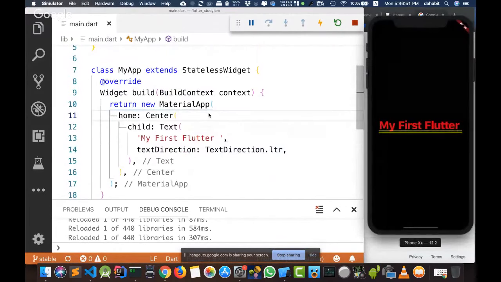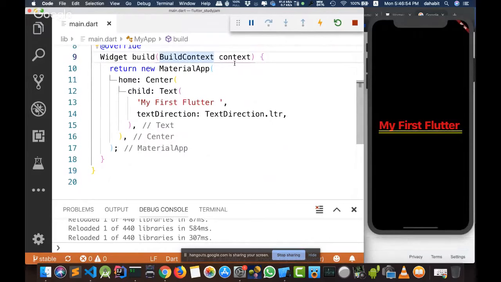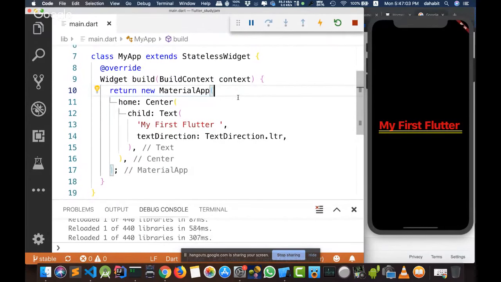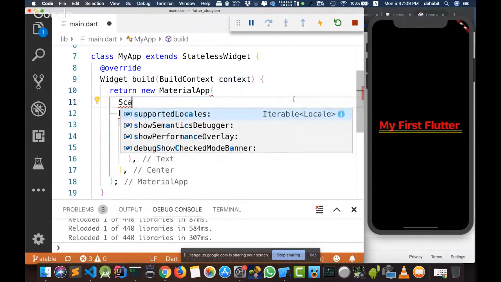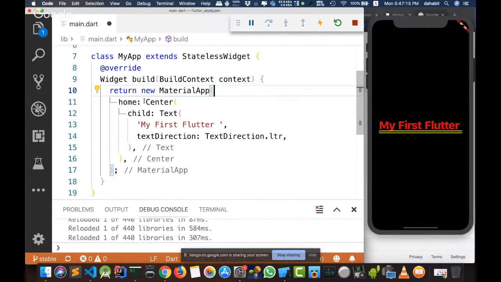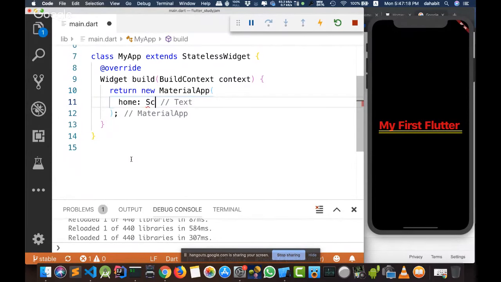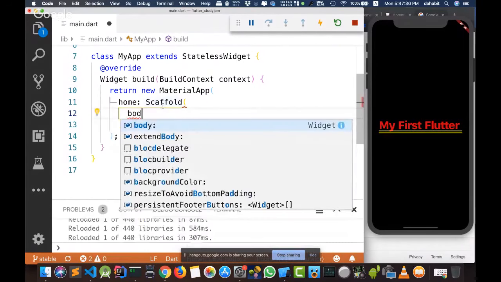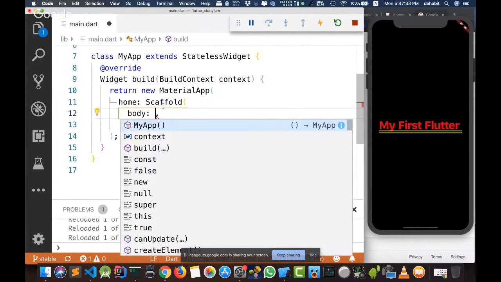And as we can see here, my application does not look like the applications that I find when I am using any application. What are we missing here? We are missing the main widget that's responsible for displaying the app bar or the navigation bar. This widget is called scaffold. So inside the home widget, I'll extract this code again and write scaffold. And this scaffold is responsible for displaying the app bar or the navigation bar or the canvas that's responsible for displaying the data on the screen.